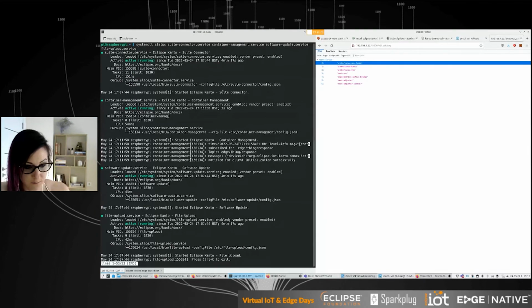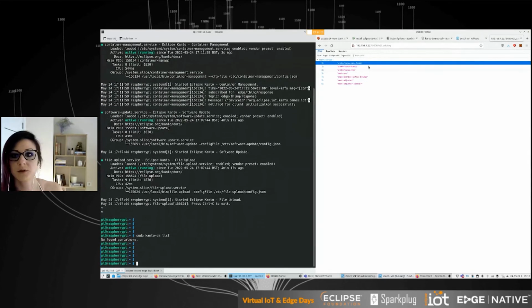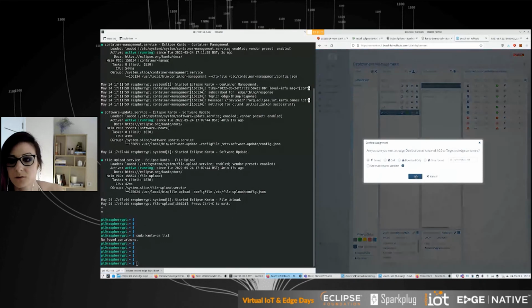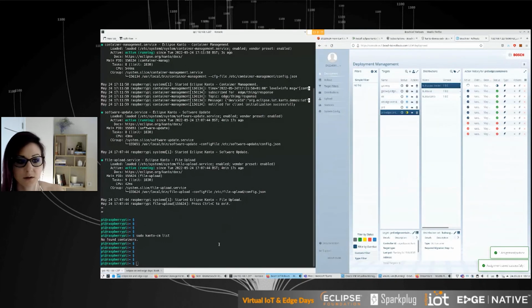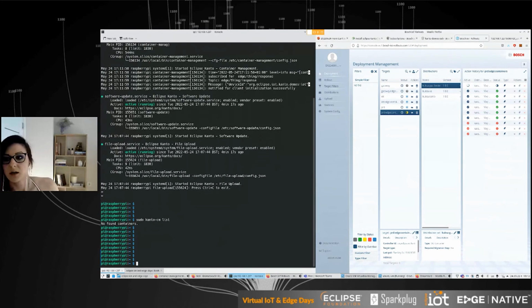And now, if we see what we have on our device, we have no containers on our device. Now, let's quickly install the three containers. So first, Kuxaval. We'll install this one. It takes a couple of seconds until actually the call is made to the device. So as you can see, I have made different tries before recording this video.